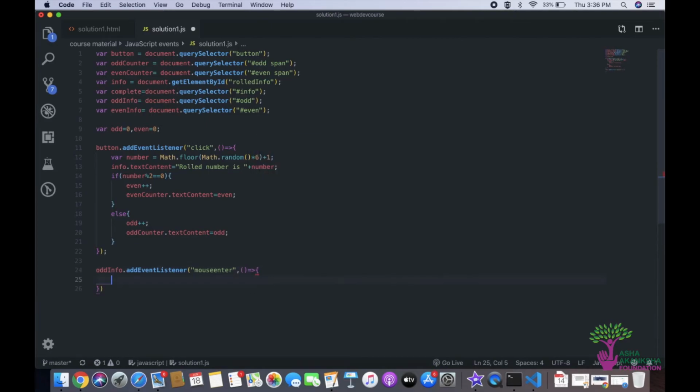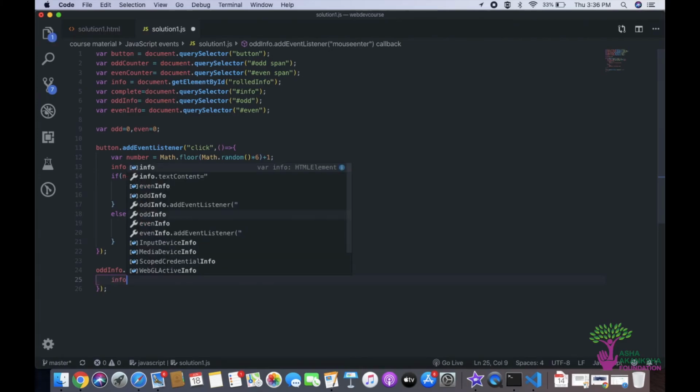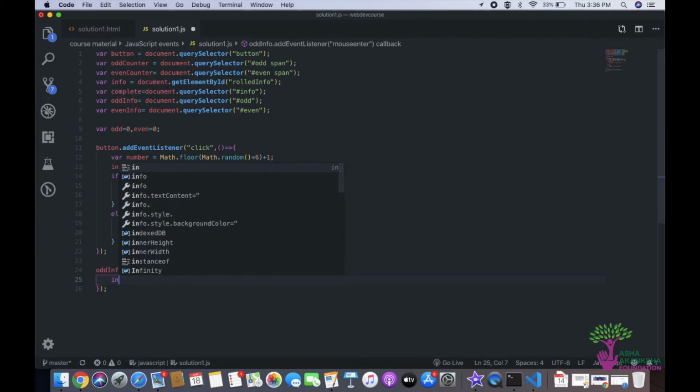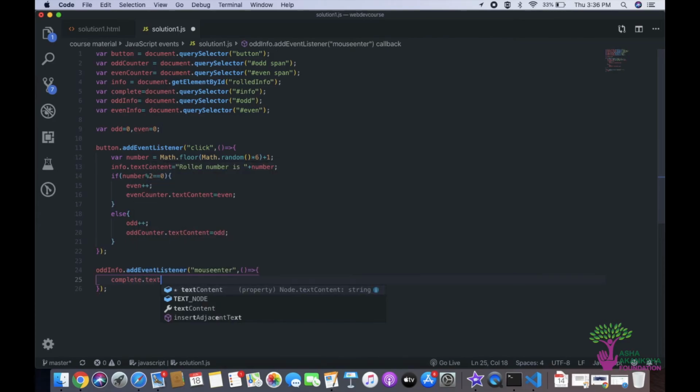So I'll make my function, and the next thing that I'm going to do is simply change the text content. So we have to change the text content of info here, right here. So I can do info, which is selected in complete, so this is complete dot text content is equal to